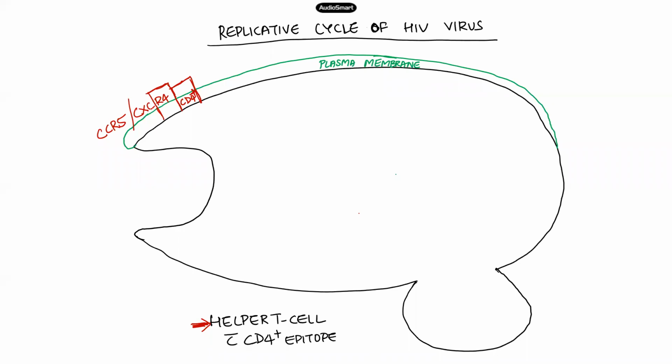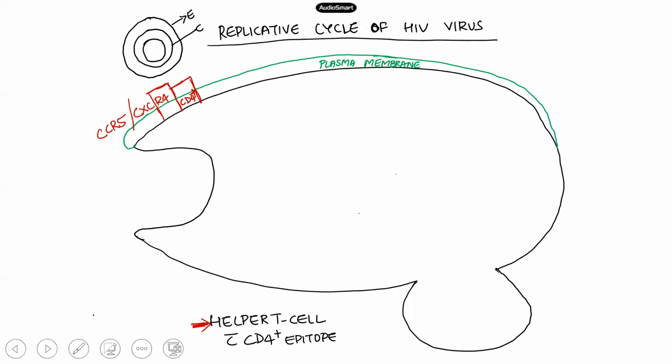Now, moving forward, we have to discuss how the virus attaches itself to these receptors. So let me draw another virus particle for you, in a summarized way. This is the envelope. Let me write it as E. This is the capsid layer, and this has got the core genome. Now, what happens is,